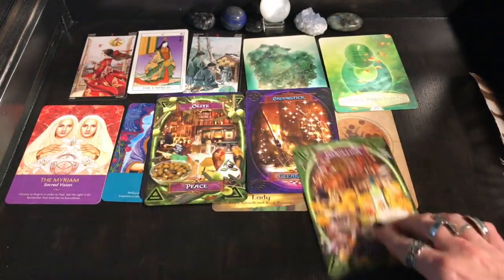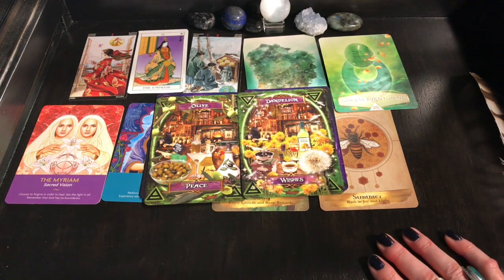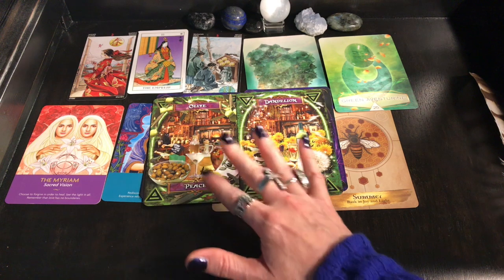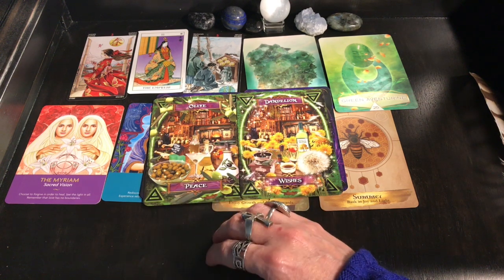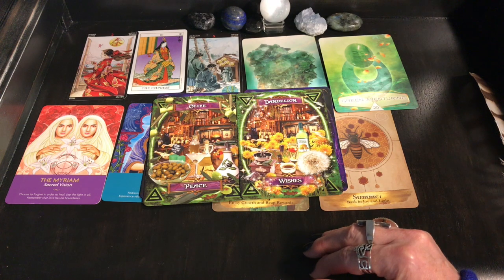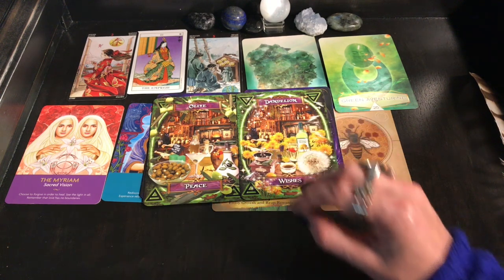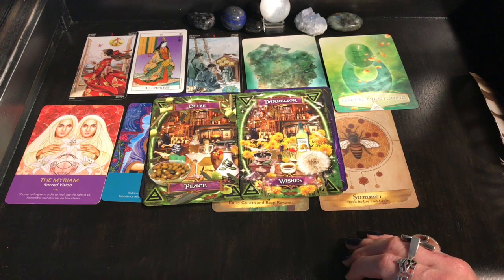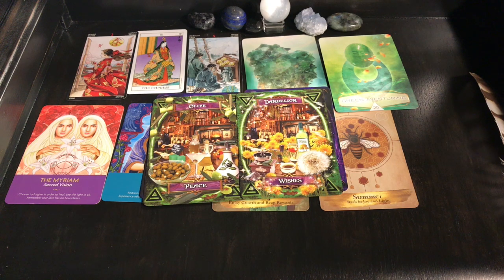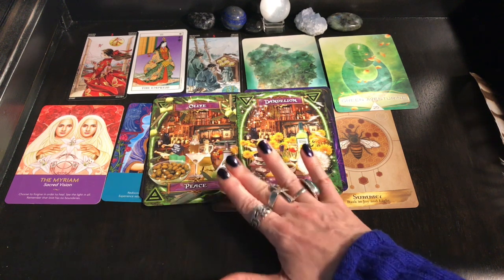Okay, olives. Well, just by looking at this, I can tell you right now that you need to bring some peace into your life. Maybe there's somebody in your life that, I feel like maybe when it comes to this card too, you've had some beefs with some people in the past, or there's somebody in your past that has made you feel like utter crap and like you're not worthy or you don't deserve love or something like that. I feel like you need to make peace